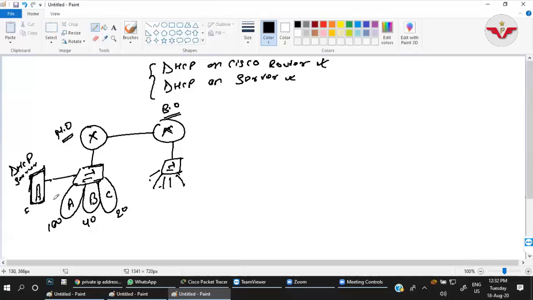That we will check here. Again, I will draw the next network here. For this network, I will configure this router as a DHCP server and configure relay and try to get the IP address on this network through this router. So this is our topology which we are going to configure today.